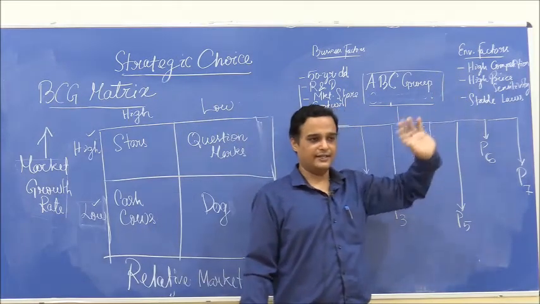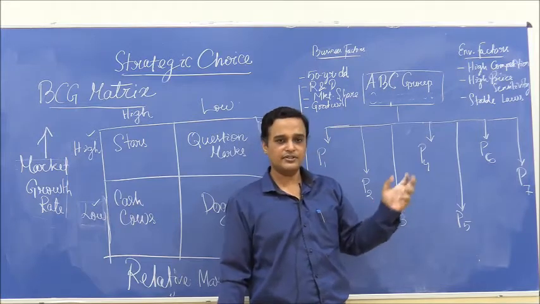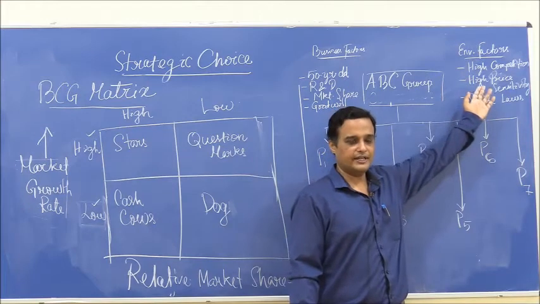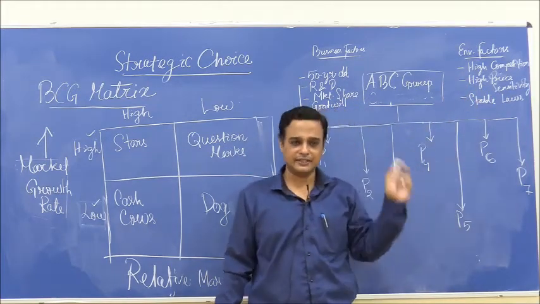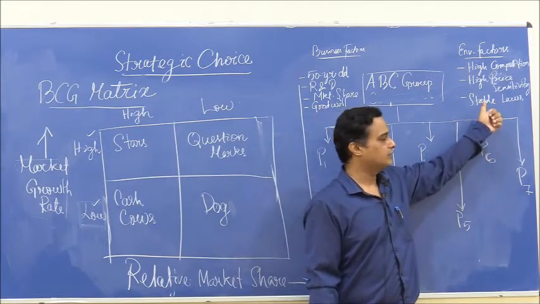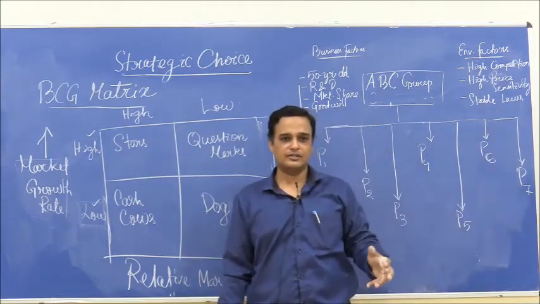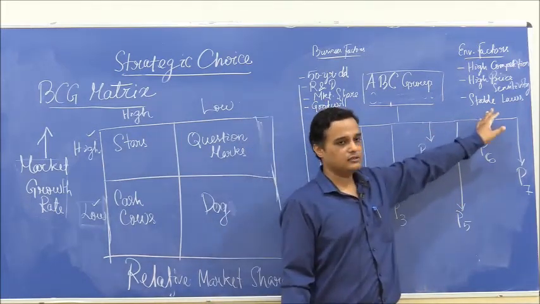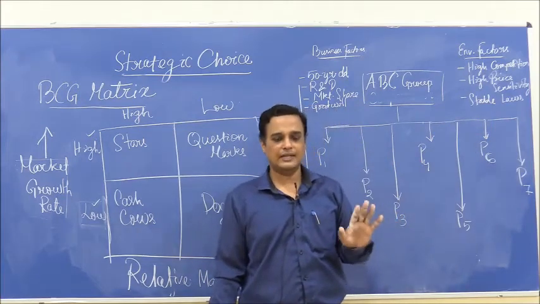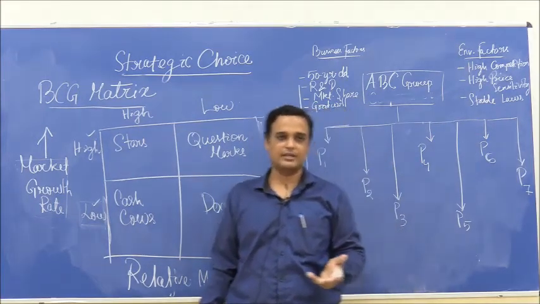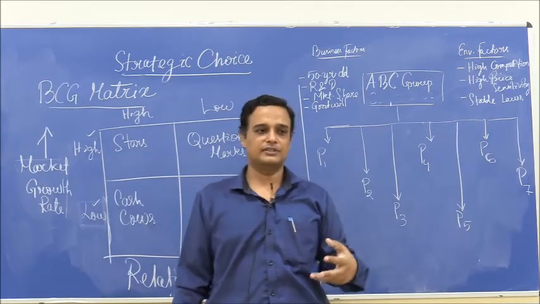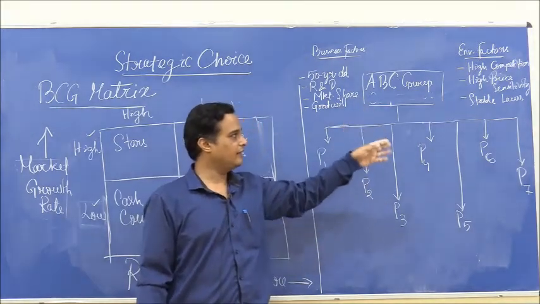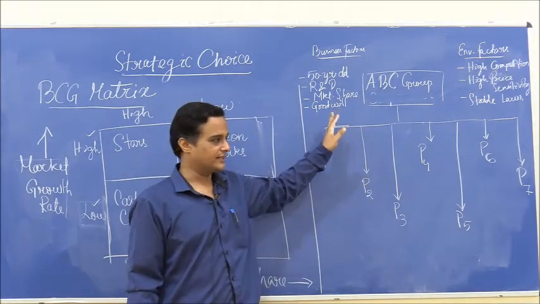On the environmental side, in the business environment factors, we have assumed that there is high competition in the business environment that it operates in. The price sensitivity of customers is assumed to be high in each of these segments, and the environment has more or less stable laws. It could be due to a stable government, or even successive governments have not changed business laws for a very long time. So, those are environmental factors and these are business factors which will help us in conducting this analysis.